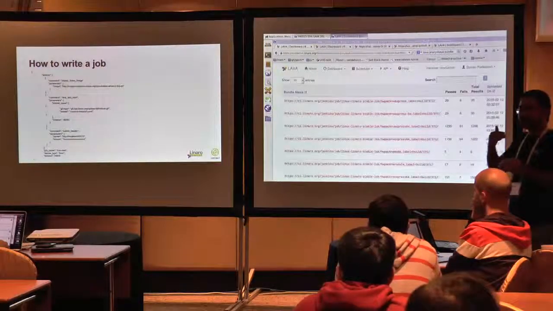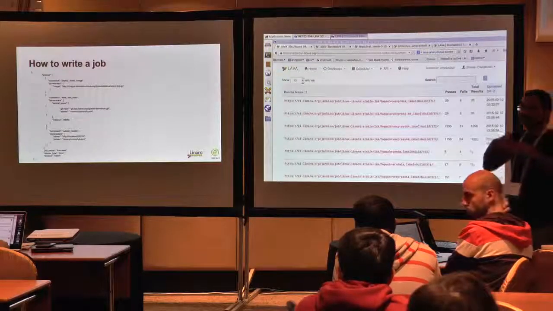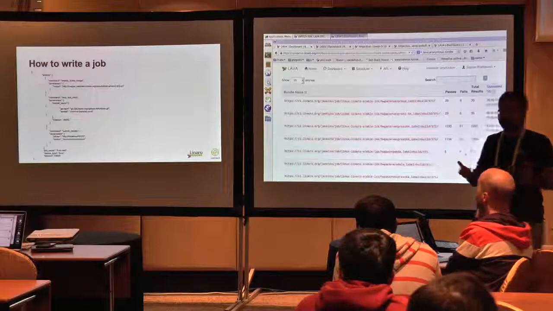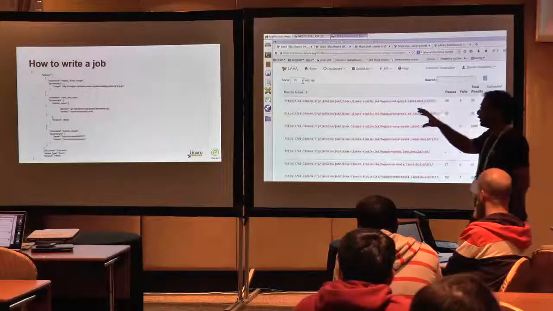The next step is how to write a job in order to instruct Lava to run something on a device. Okay. So jobs have different sections like this.